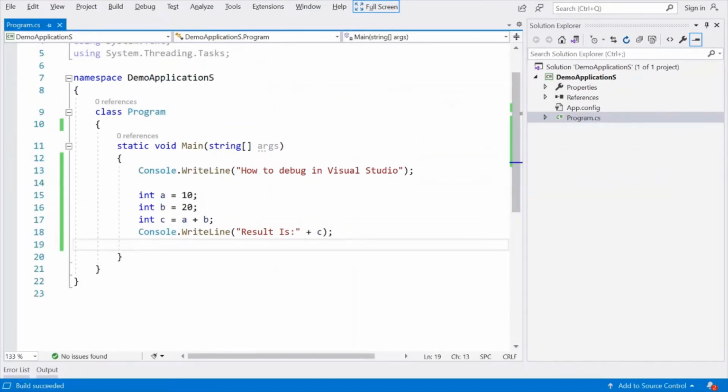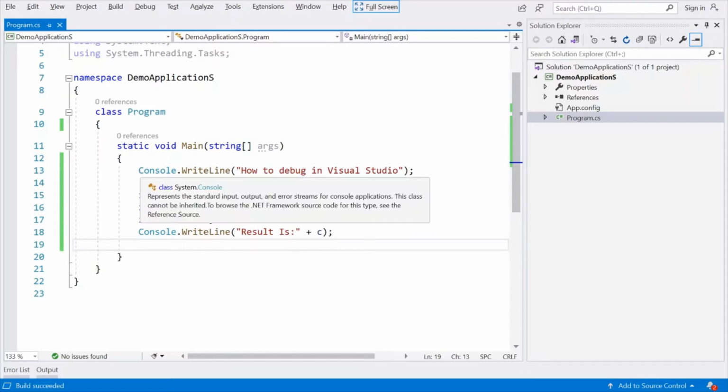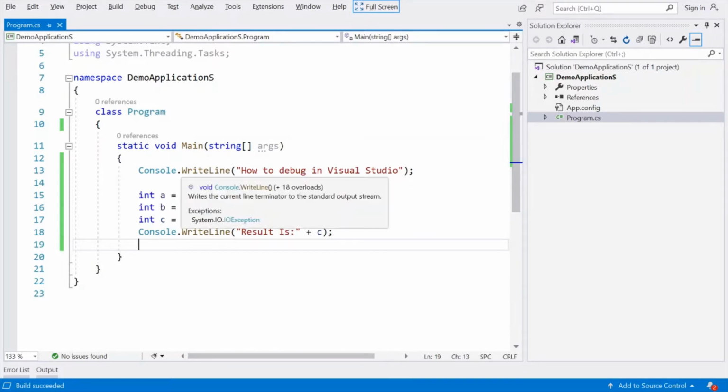Now if we have to execute this program in a controlled manner, and we want to execute this code line by line, I want to control that it's executing line number 13, line number 14, or line number 15, 16, 17, 18. How can we do that? For that we need breakpoints. Now what is a breakpoint? You can say a breakpoint is a point at which your controller will stop when you run your program.